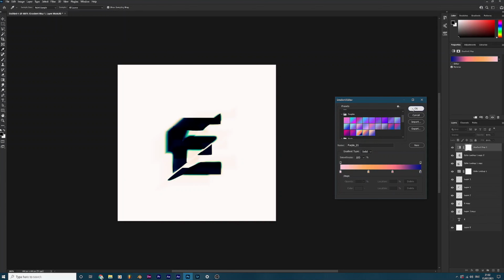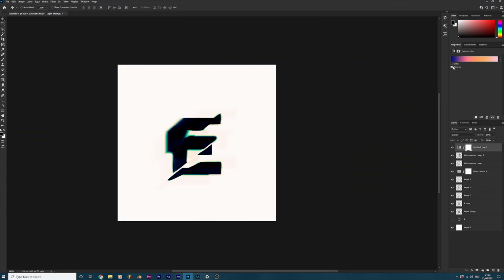This seems to have quite a lot of colours in here, so I'm going to have a go at this one. Yeah, no, I think I like that. I think I like the way that looks. What you can then also do,